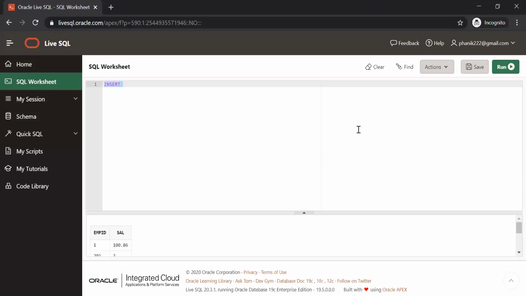Let me clean the data first. I am deleting. I'll do select star from employee. I told you only DDL is auto commit. Yes, no data found, it says, right? You deleted.